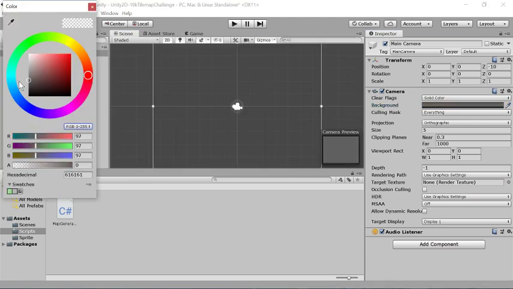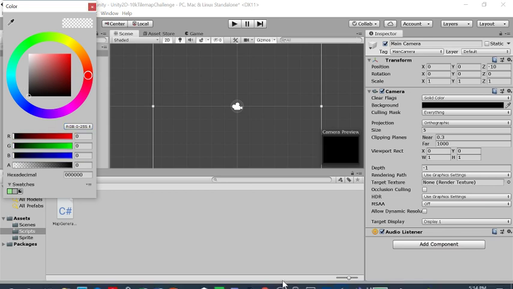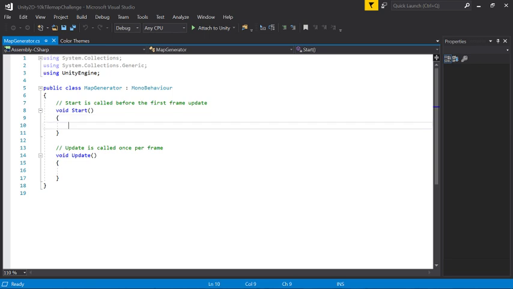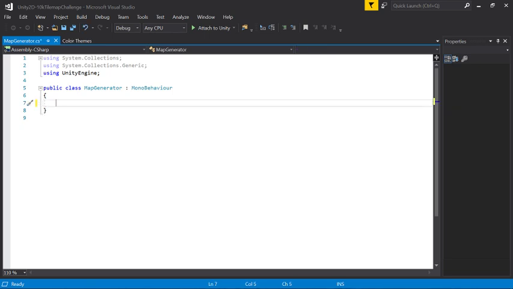Let's make it black. I don't know how to make it white, but okay. Okay, it loaded. For once, it actually loaded. Okay, so what do I want to do? I want to be able to